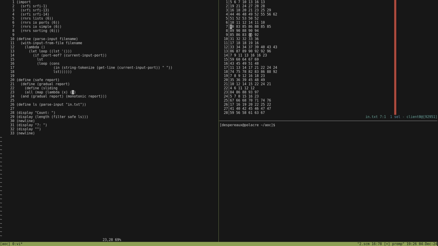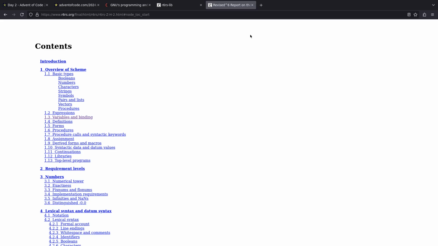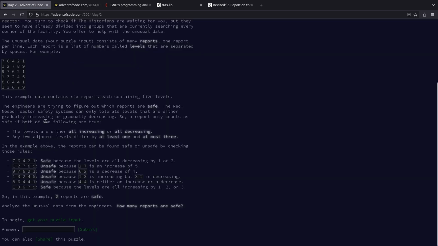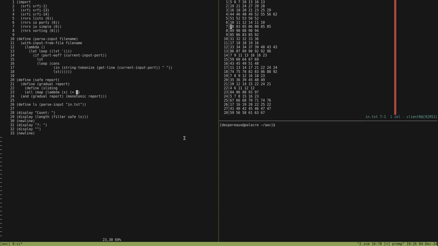So we want less than what? Okay, what's our maximum again? At most 3. So we're gonna have two functions here. So this is for gradual. So we'll have define safe window to safe pair, and that's true if